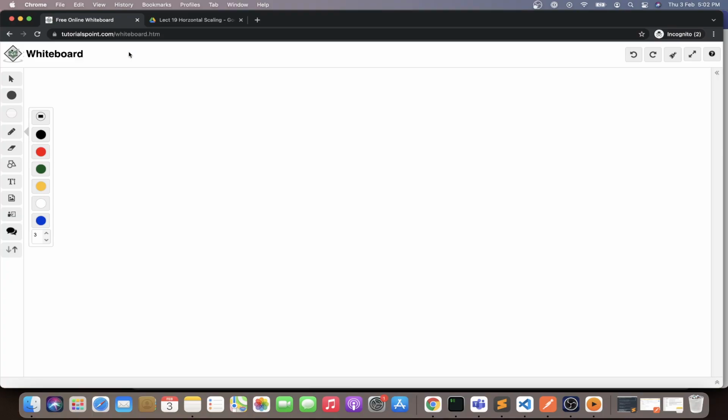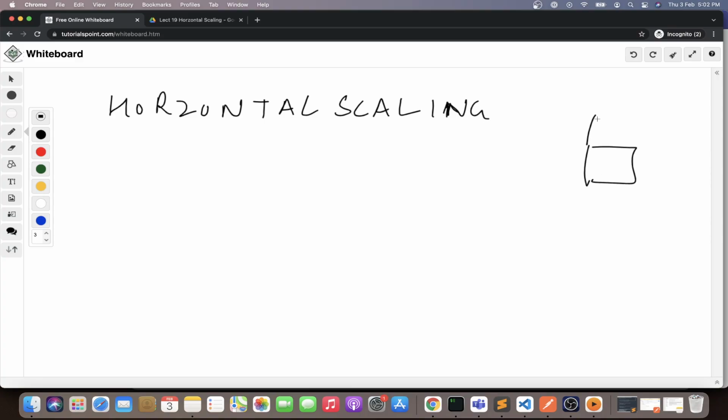Cool guys, let's start with our next topic, that is horizontal scaling. So we talked about how things were going in the case of vertical scaling, that we keep on adding resources in this manner, and if there is a certain point of failure present, then the whole device will crash. So contrary to that,